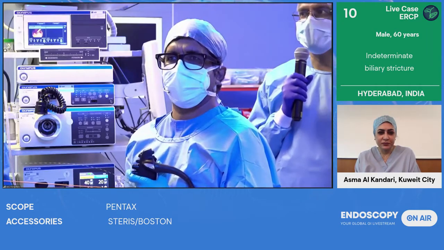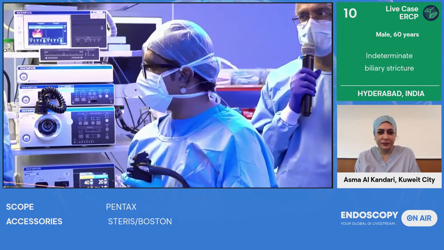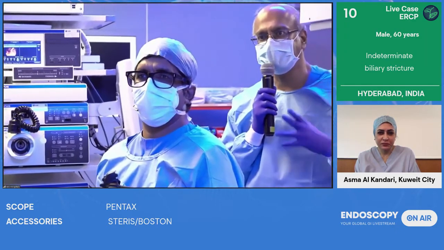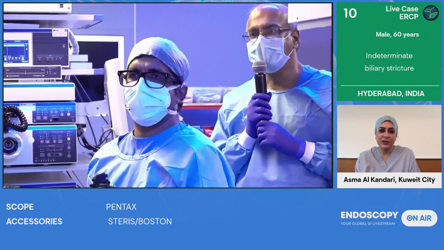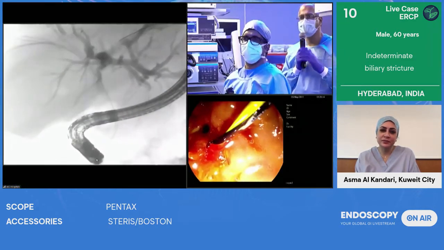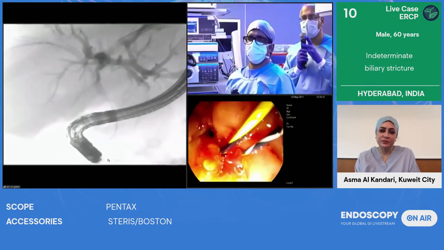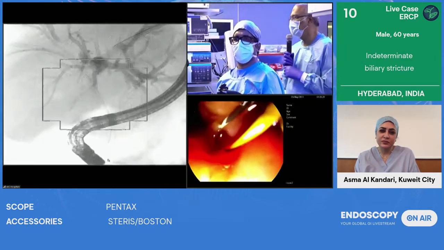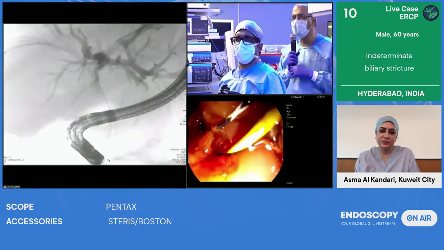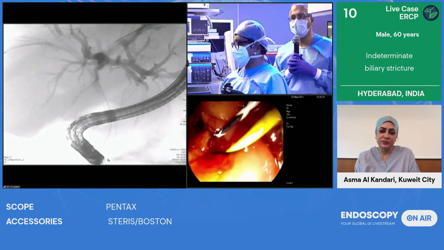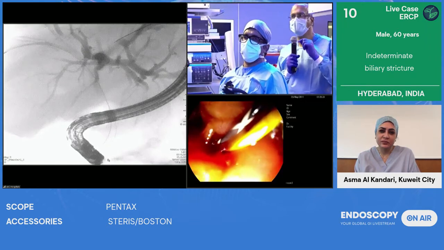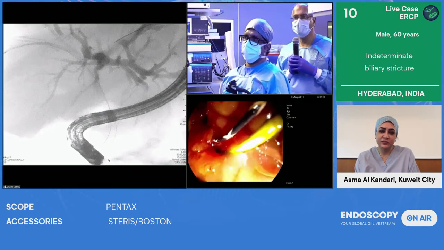Thank you. I think that was a very nice histological section that we saw. So Asma, this is a definite malignancy. Yeah, so the plan now is to put a Y stent. Mohan is going to put, you can see both the wires. He has shown you the principles. He's going to use a Y stent from Taewoong. That's a common company which has a Y stent. Basically, it has large cell openings, and then you can put one stent through another stent.